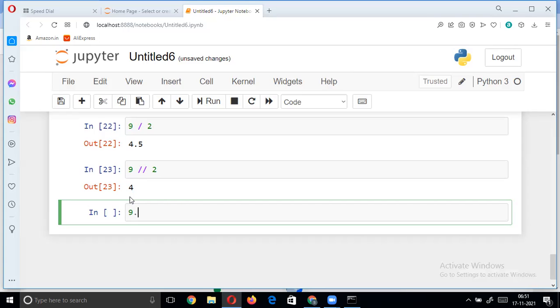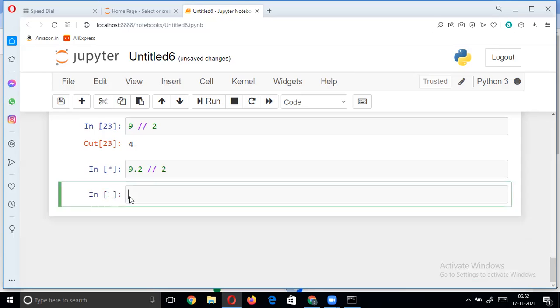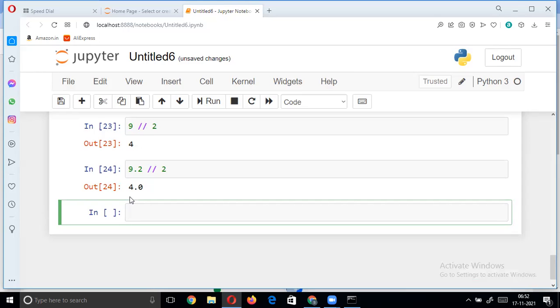So 9.2 floor division 2: if one or both operands are decimal, we can expect the result in decimal, but it is not the exact quotient; it is the nearest integer with decimal, 4.0. Like 9.2 floor division with 2.5 or 3.5, it also gives the nearest integer value only.